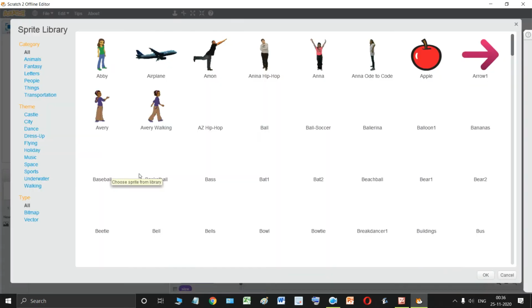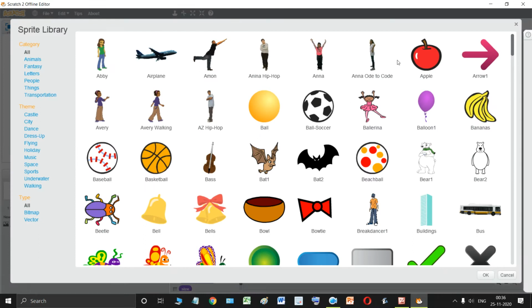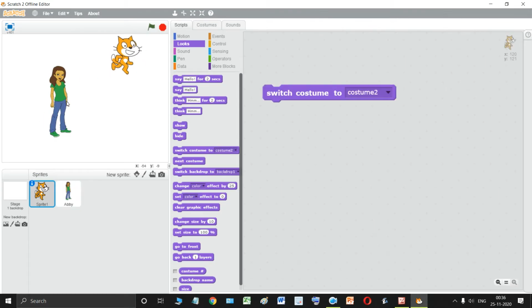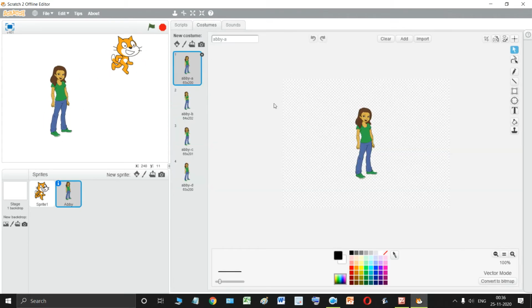In the same manner, if you add another sprite, for example, if I add this Abby sprite, now this Abby sprite has how many costumes? It has four costumes: Abby A, Abby B, Abby C, and Abby D. Now this is the default costume of this Abby sprite.